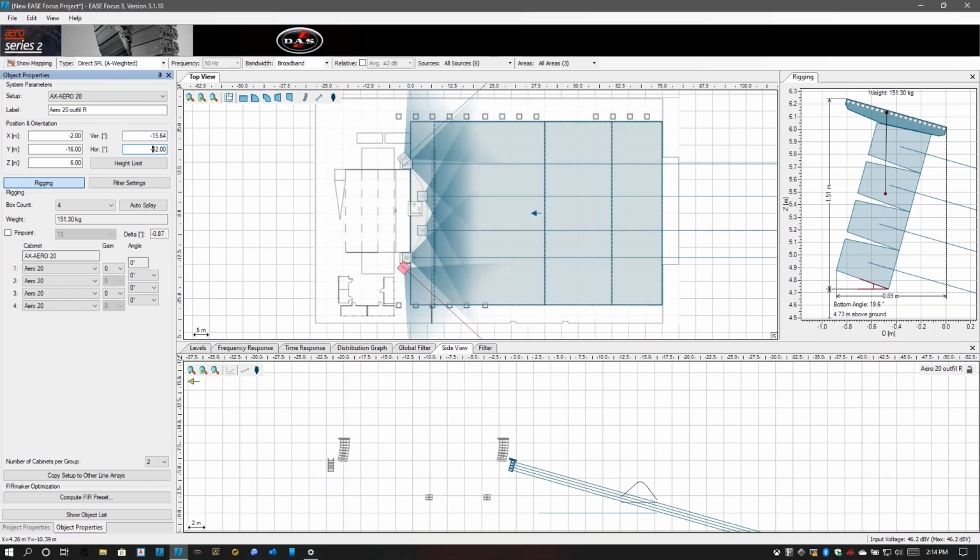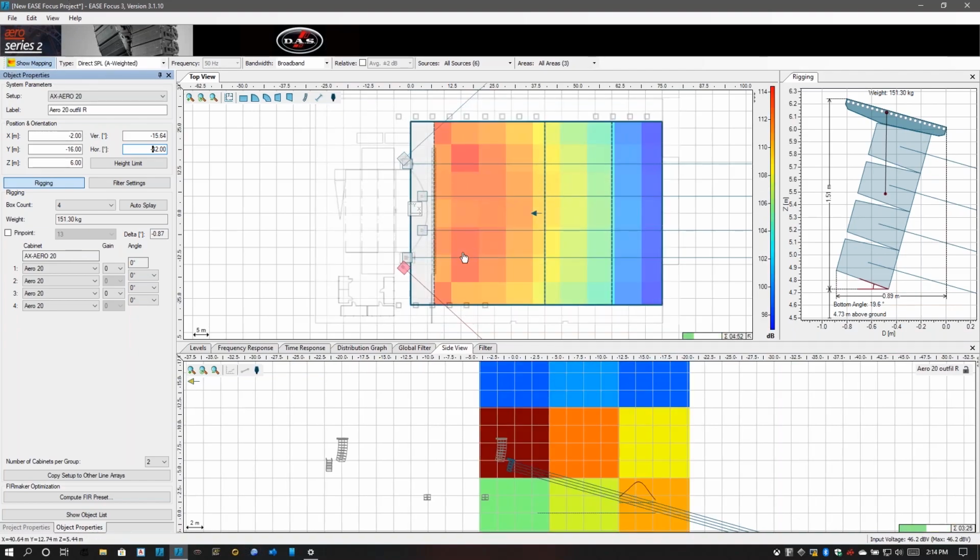With that being said, that's a quick overview of putting our systems on there. Next on Thursday, we'll be going into more delay systems and subwoofers configuration, and a little bit more of the rest of these focus. I'm going to show you guys really quick the mapping of this coverage,